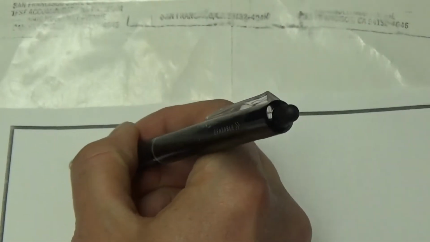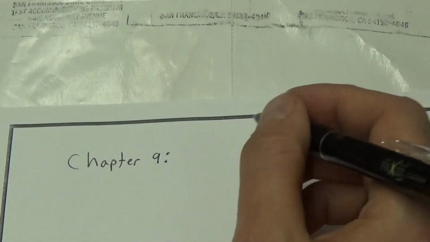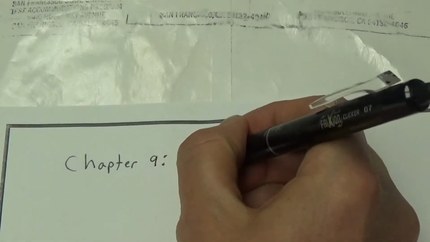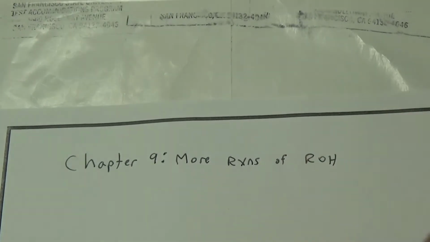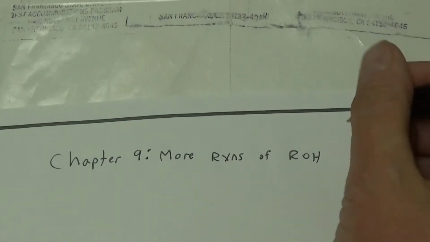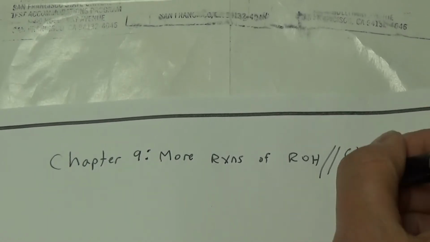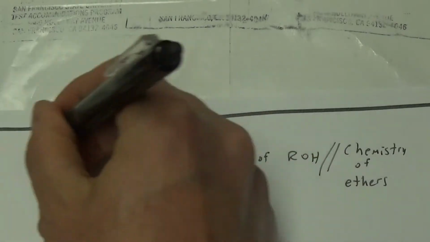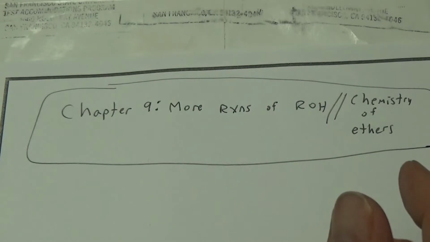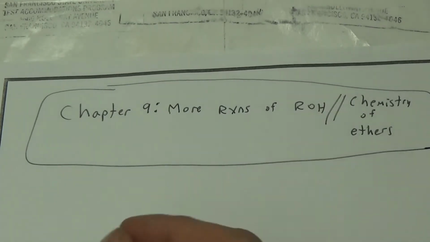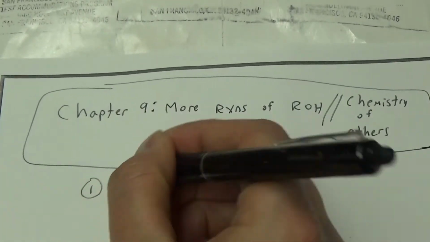So we're on chapter 9 now. Chapter 9, which is more reactions of alcohols and the chemistry of ethers. Alright, so firstly, some reactions of alcohols